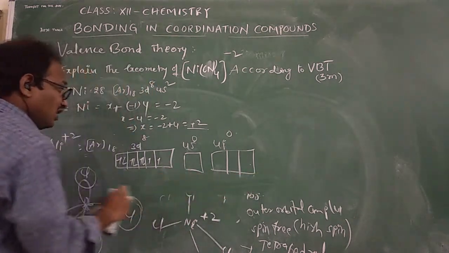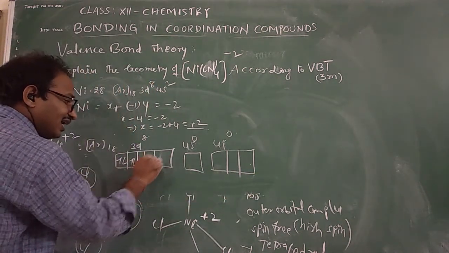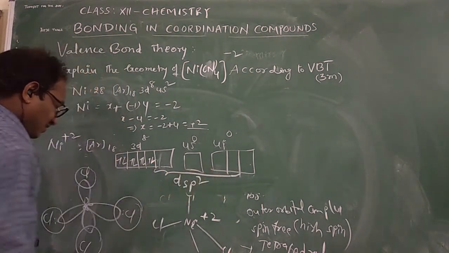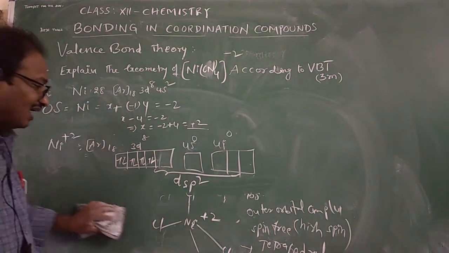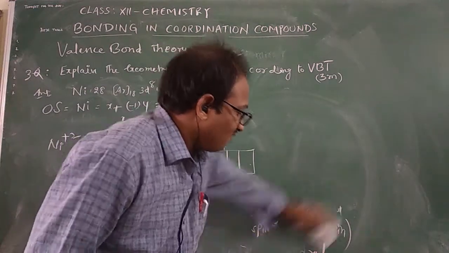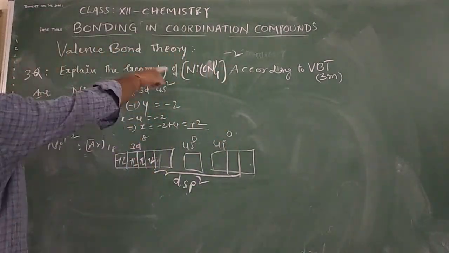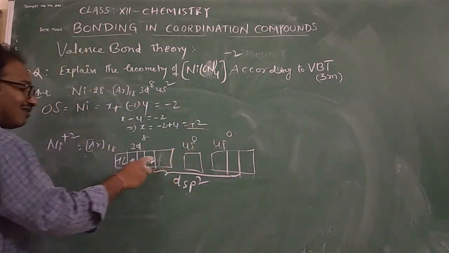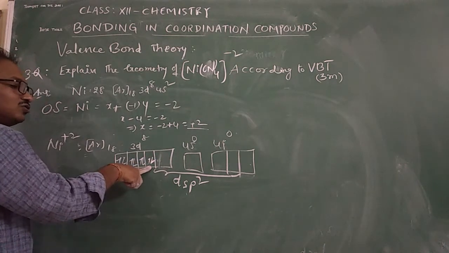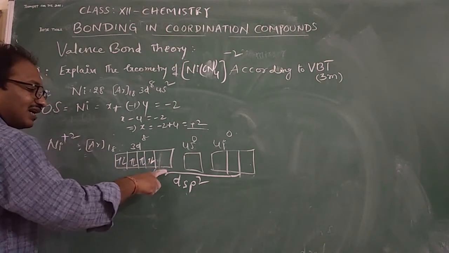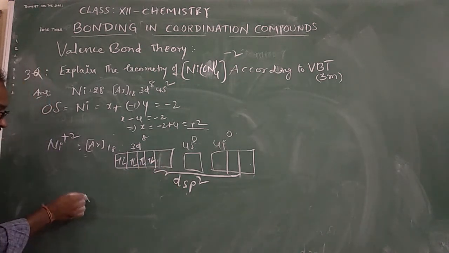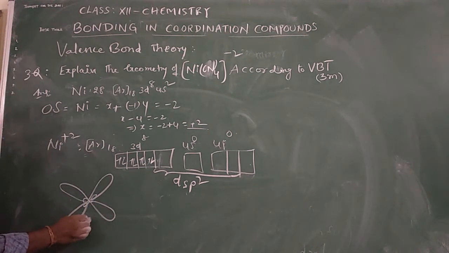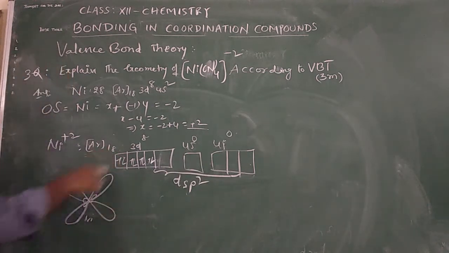Now what was the change? Here the electrons will get rearranged and the hybridization is dsp2. Try to understand why: cyanide is a strong ligand. When a strong ligand is there, the electrons get rearranged and paired against Hund's rule. So one vacant orbital is created, dsp2. dsp2 means a total of 4 hybrid orbitals: 1, 2, 3, 4. These 4 hybrid orbitals of nickel are vacant, and the hybridization is over now.